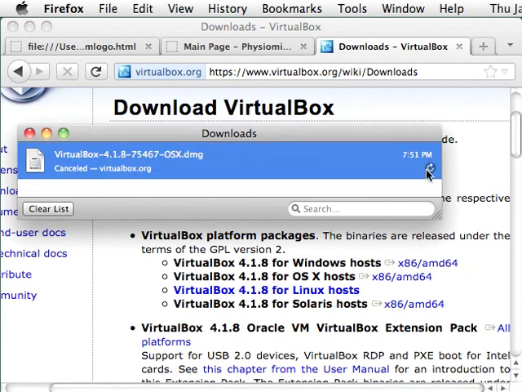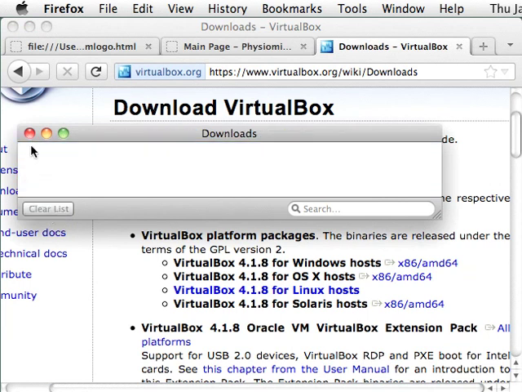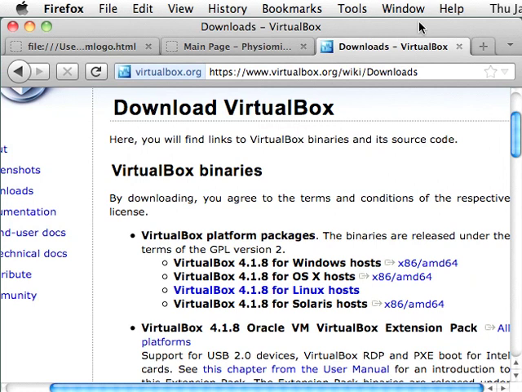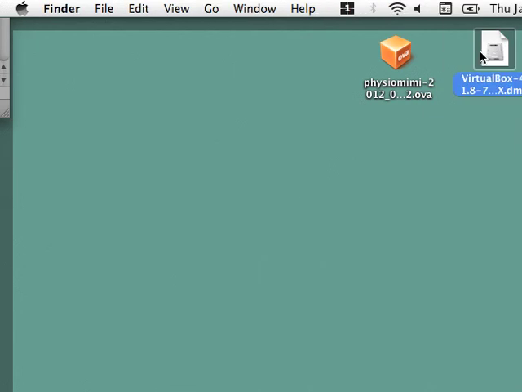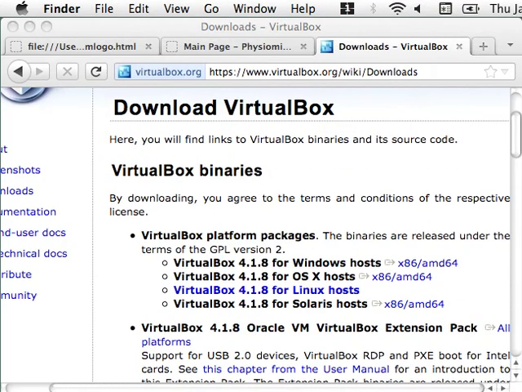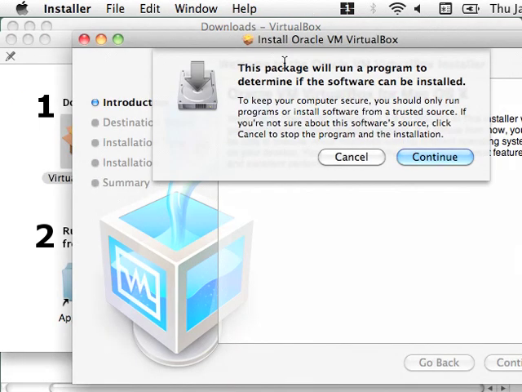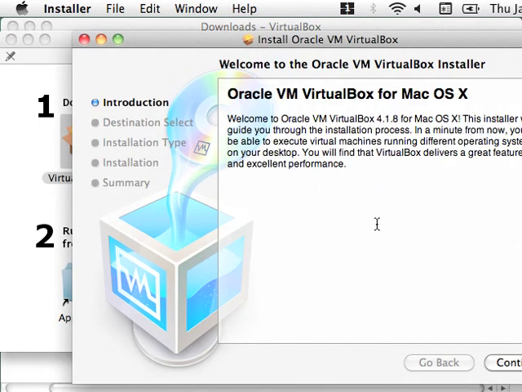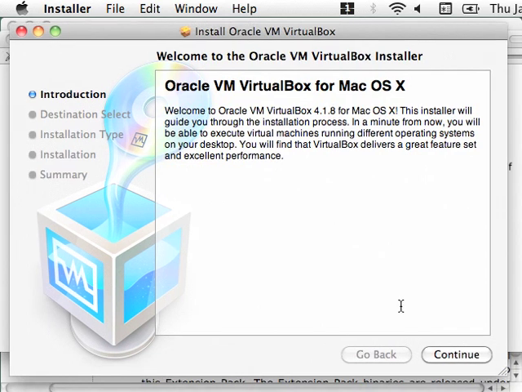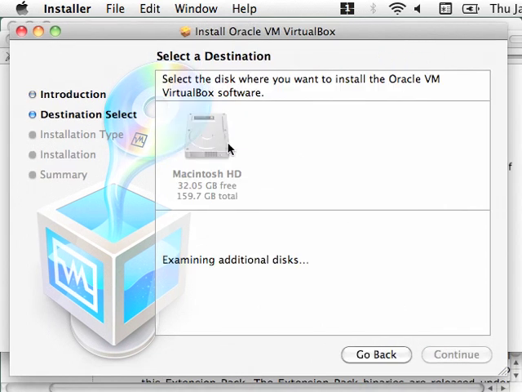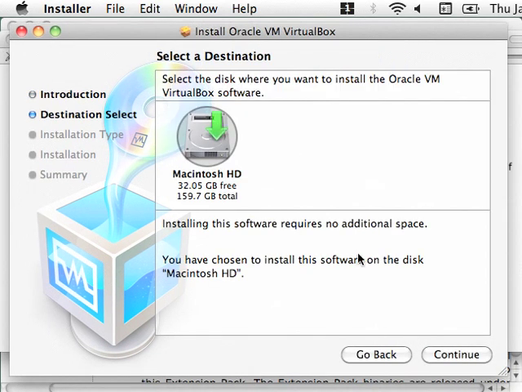I'm actually going to skip ahead because I have already downloaded a copy, and in fact, that's what I'm going to open now. So let's see here. Let's get that installed. I'm running the installer for VirtualBox. When it opens up on Mac OS X, you can just run this, and then we'll go through the installer together here. The procedure is nearly the same for Windows, except you run an exe